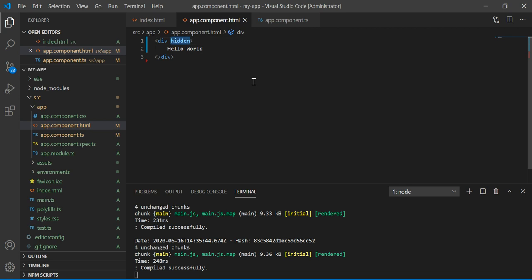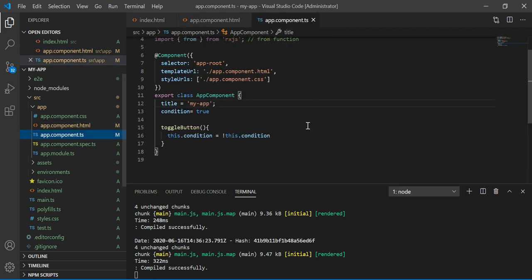Again, you can bind it as a property to a certain variable. Let's say we have a variable with name condition, right? And we can make this true or false, right? You can directly define it inside your class. This is condition and true. Now we have defined another function, toggle button, right? So when this function is called, the value of this condition variable gets changed, right? If it is true, then it becomes false, and if it is false, then it becomes true, right?